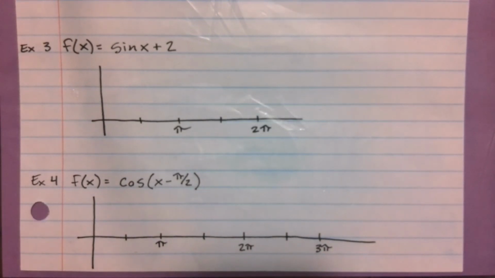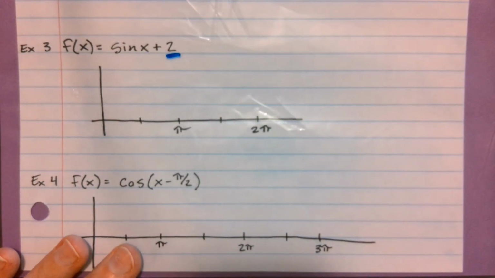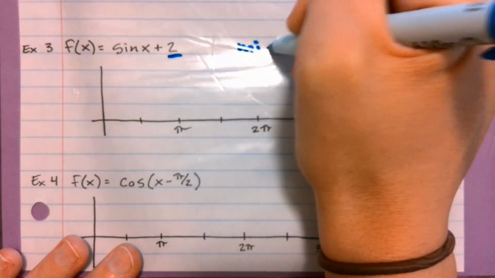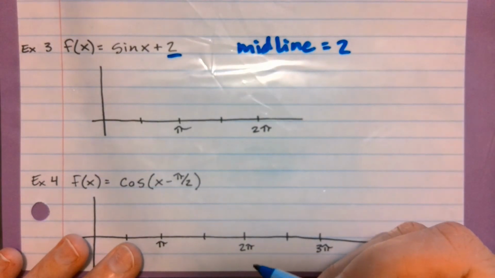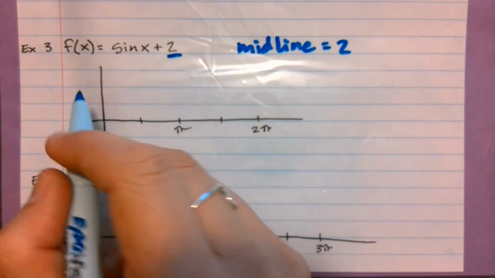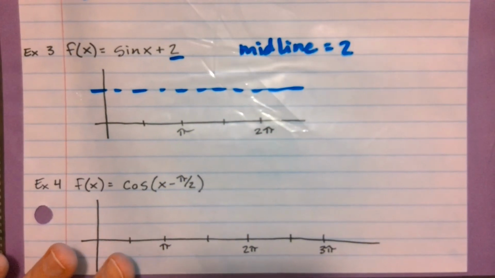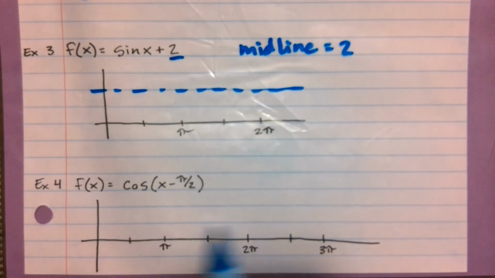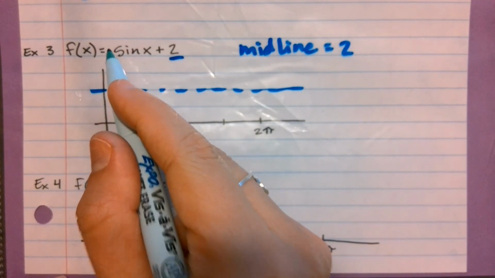For example 3, we don't have as much changing here. The only new thing we have is that we're adding 2. So if we're adding something to the outside, that just means that our midline is going to shift. So our midline here is going to be 2. How I would suggest drawing this is going ahead and putting in, it's not an asymptote, but just giving yourself a reference line there, that once I start drawing this sine function, it's going to go below that and above it the same distance. I don't have a different amplitude this time, so my amplitude is just 1, like the